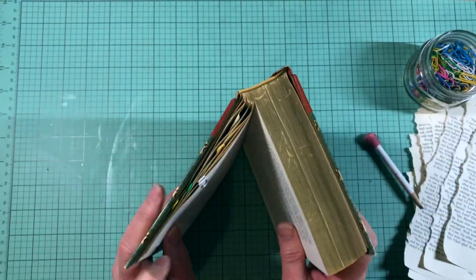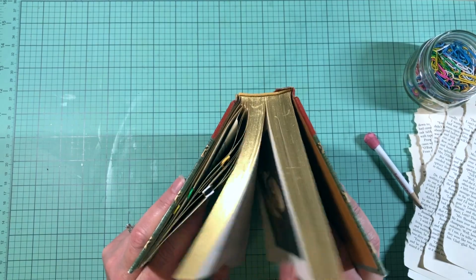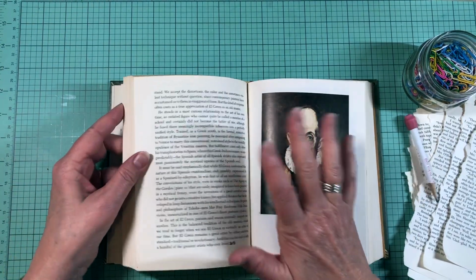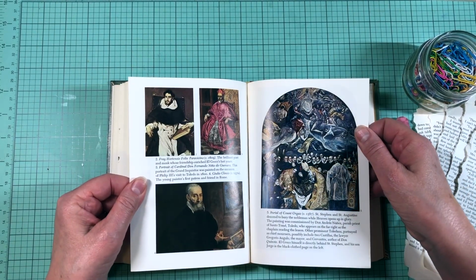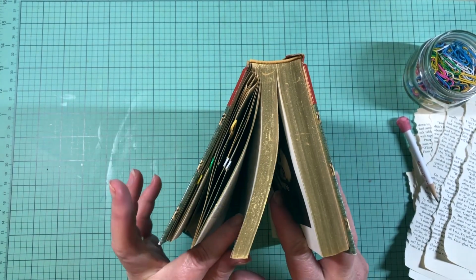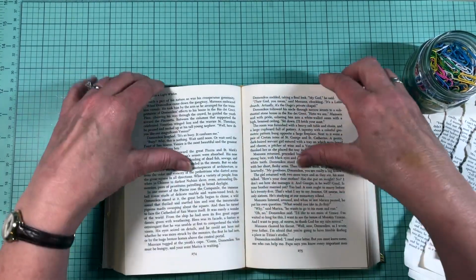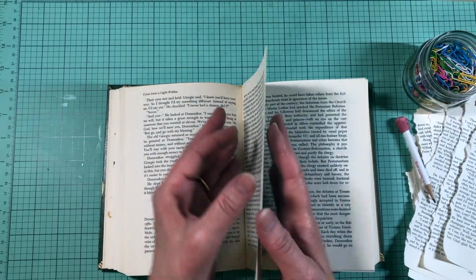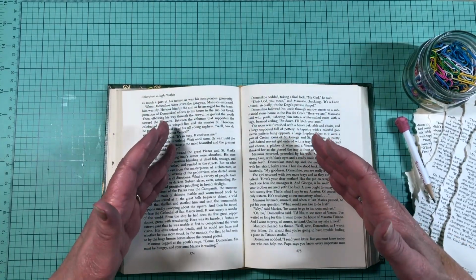So we're going to go through and do that. As you continue through the book, like I said, you see the pages disappear and you get rid of a lot of the bulk of the book. One of the things I definitely want to do is go somewhere towards the middle, because I want to do a double pocket spread. Ooh, that's pretty though, huh? Okay, I'm going to go a little more to one side or the other, probably this way. Ooh, there it went. Crunch. I'm going to make this what I'm calling a double pocket spread, because I want to do that angled pocket, but I want it to come down this way, so that I have a V